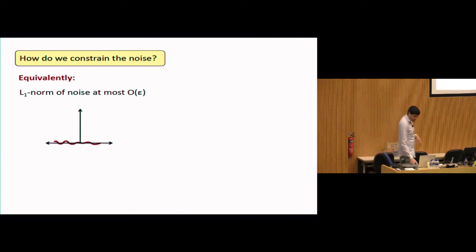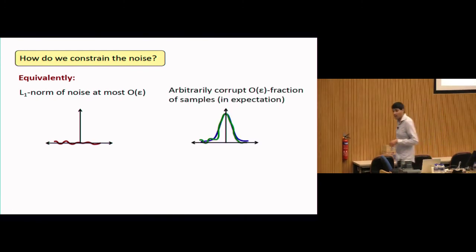That's one way to make sure that the noise is small in some meaningful way. Now, another equivalent way to think about it is that you can overlay these two distributions, the idealized model, the actual 1D Gaussian, and the observed model. And they differ by this little twiddle of noise, and you can think about the area between their two curves. These are the regions in which the adversary is making corruptions. Because anytime the green curve dips below the blue curve, the adversary is subtracting some points from that region. Anytime the green curve is above it, he's adding some other points.